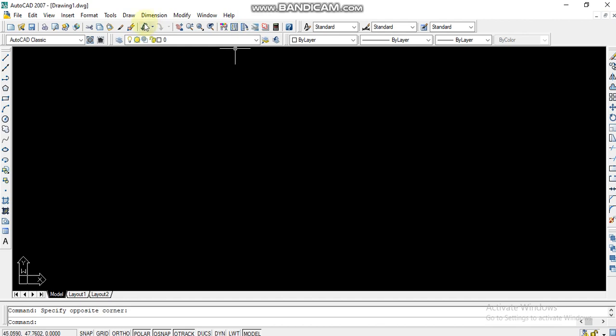How can we turn them off and on? How can we add them on the interface of your AutoCAD? And how can we give command to the AutoCAD to draw different drawings? So first of all, we will have a look at the different menu bars or toolbars that are shown in the